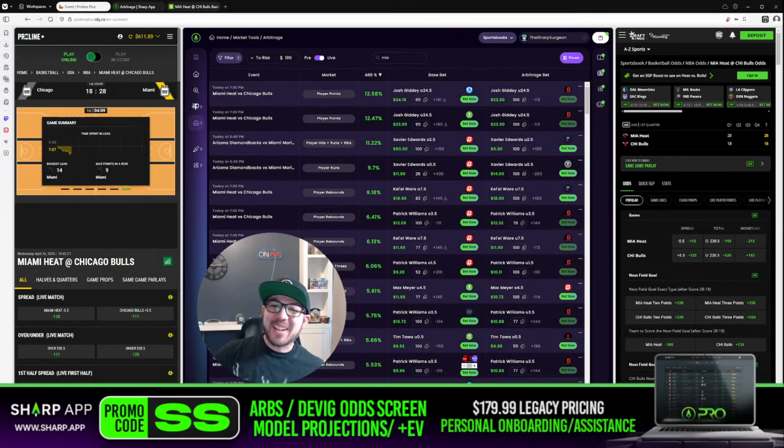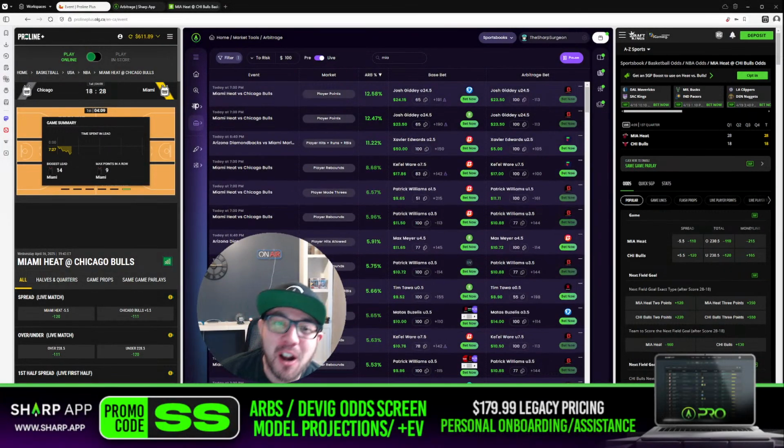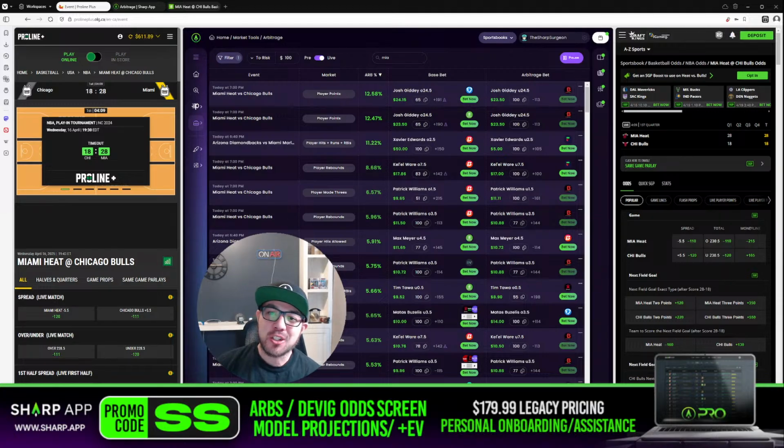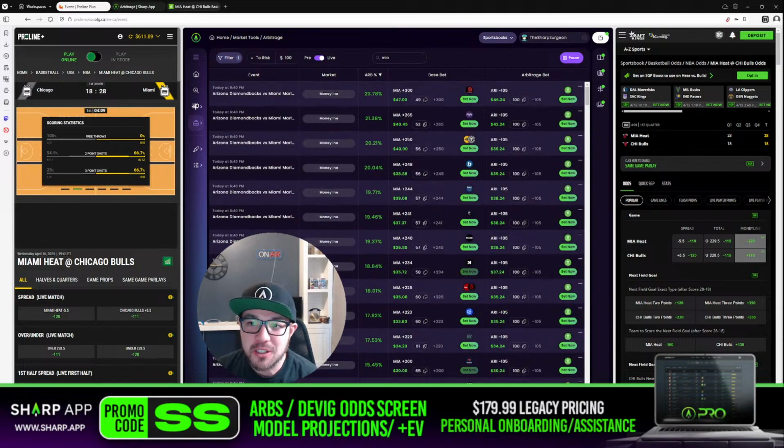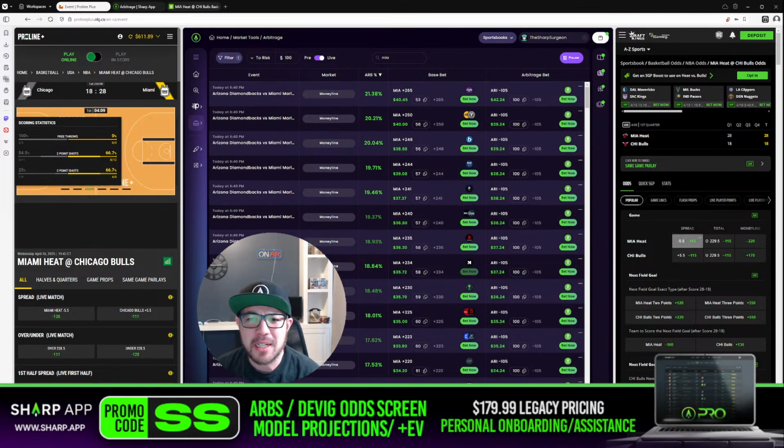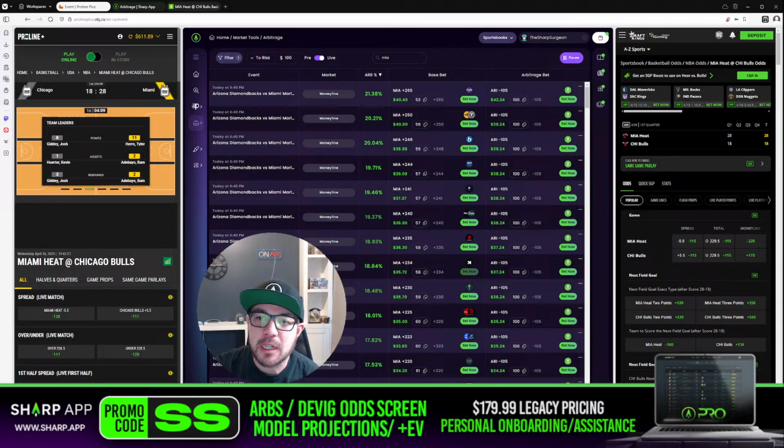There we go. Hey guys, this is the Sharp app live ARB tool beta. Very excited to show you our beta model of our live ARB tool. It's mind-blowingly quick and powerful, and we're still adding tons of features to enhance the tool as much as possible. So I'm going to be trading in real time, but before we dive in, I wanted to show you some